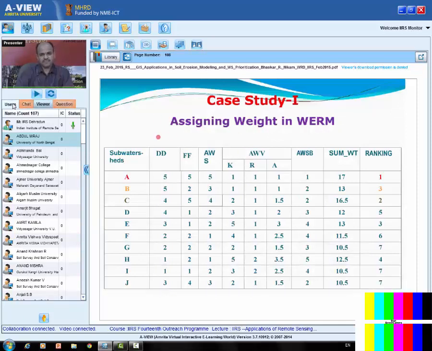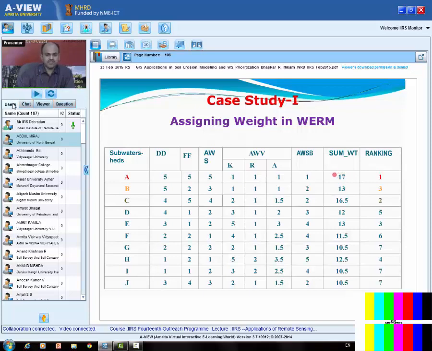So now first case study, we have calculated these were the sub-watersheds. This is the drainage density, form factor, this is a slope, this is the vegetation, this is a kharif, this is the rabi crop, so this is the annual weightage to the vegetation, and this is the soil brightness. So these were the values given as per the property of those watershed, and this is a final weightage given